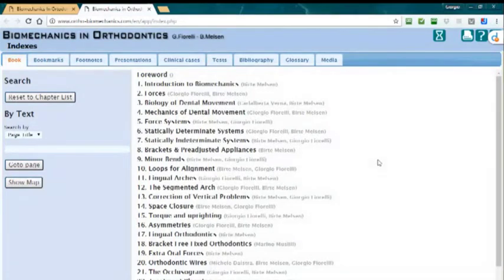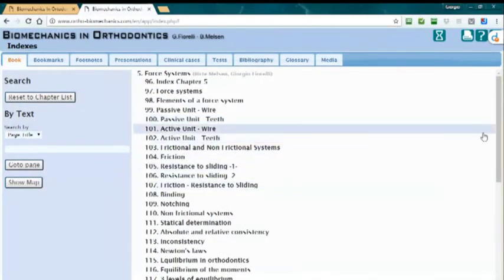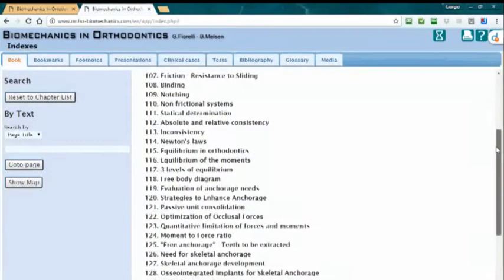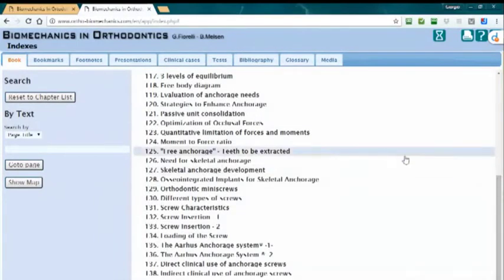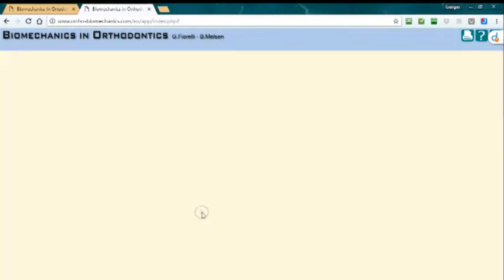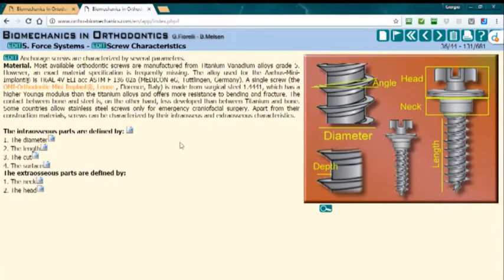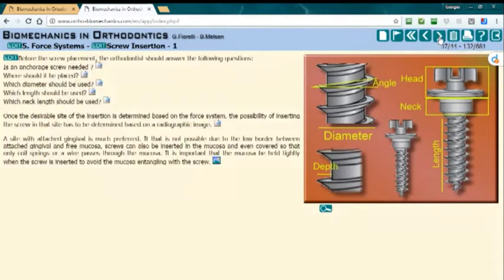So we just select one of the chapters. For example, I select here chapter 5, and here you have the list of pages that are included in chapter 5. So you can scroll down this list and start from any page you prefer. And here we are dealing with the TADs, of course, and you browse the pages by clicking on this button here. So here I go forward or backward,